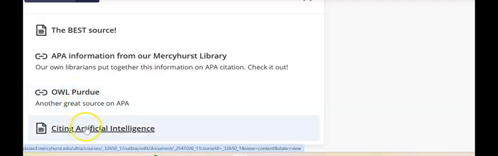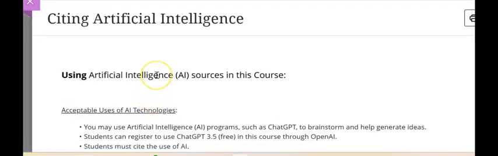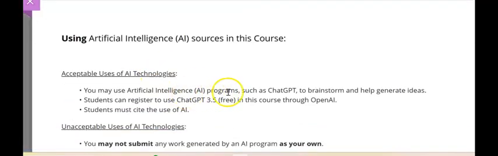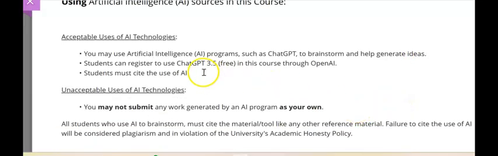Now, for citing artificial intelligence, if you're using ChatGPT, for instance, or another AI program, yes, you can use that. I say yes, you can, especially for brainstorming and generating ideas. ChatGPT is free, and you just go through OpenAI.